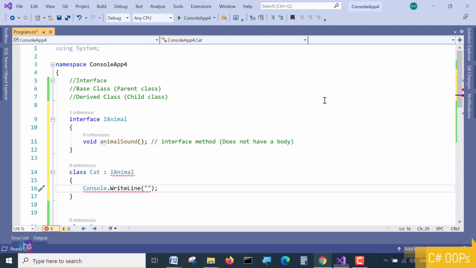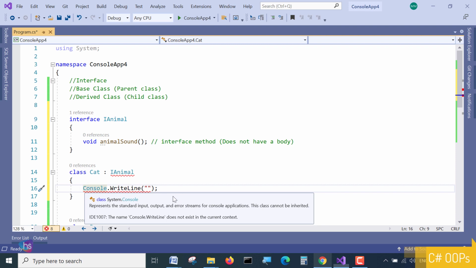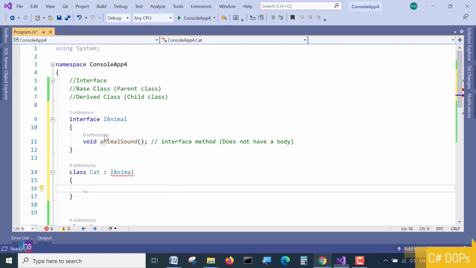So now let's see how it is going to be implemented. Just a second. We have to make this interface method first as public, with void, and the name of the method is AnimalSound.